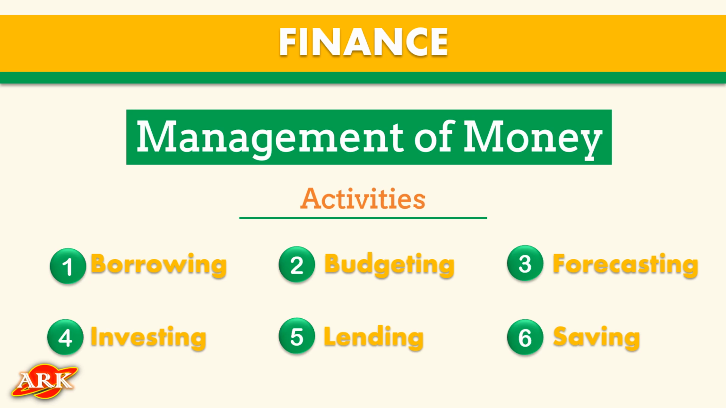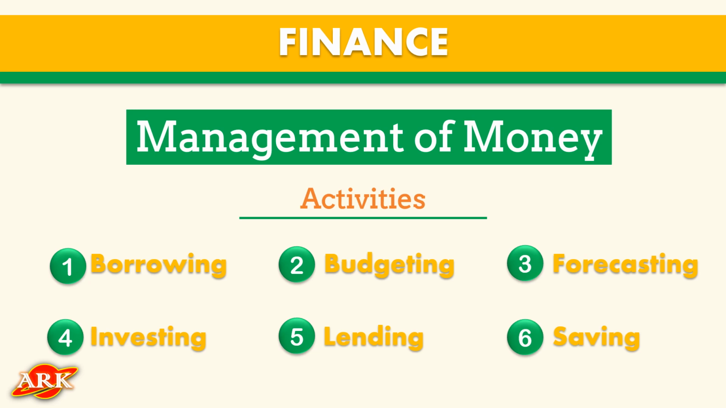That is investing, putting that money into that particular activity for executing. And then if we have profits, we have more money and we can lend some money to others who want to borrow from us, and we can save that money if we don't want to give it to anybody. In this story, we can understand that borrowing, budgeting, forecasting, investing, lending, and saving are the activities that